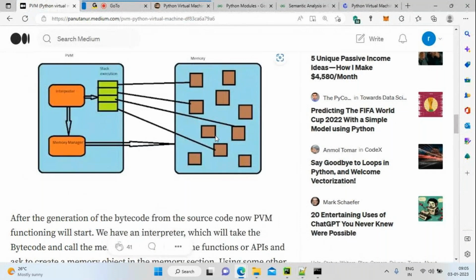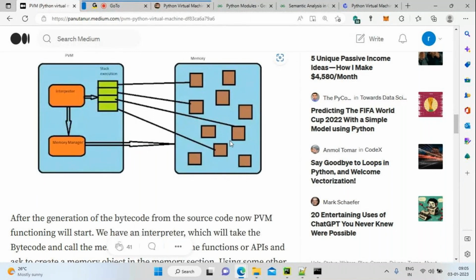The class can be a dog class or a furniture or table. In the real world, everything is an object. If you take anything, it's an object actually. It has some properties and some actions. The interpreter won't directly create an object for the corresponding class; through the memory manager, it creates an object for the corresponding class.